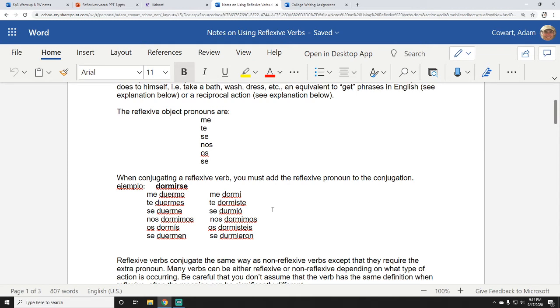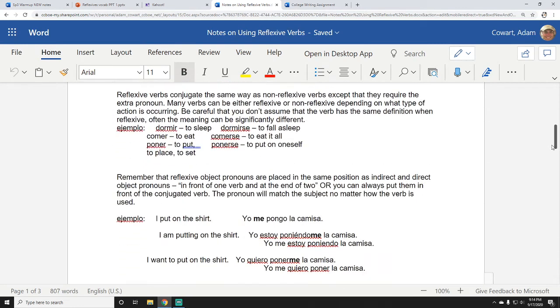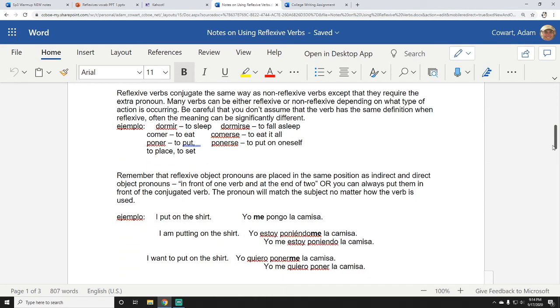And like I said yesterday, these things are very commonly said out in the real world. Like you wake up, you're late for class, oh, me dormí. ¿Qué hora es? Me dormí. Or, ¿dónde está tu mamá? Se durmió. Okay, very common. It's not like this is some super advanced thing. This says they behave like any regular old AR, ER, IR verb.